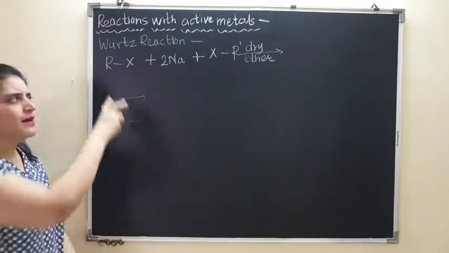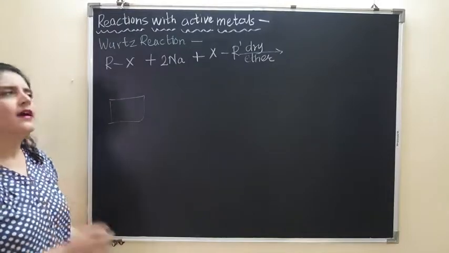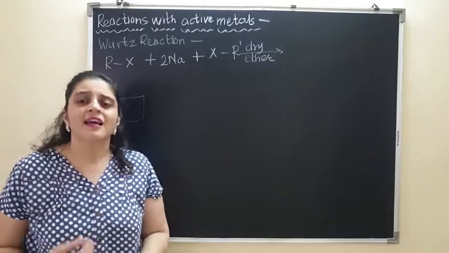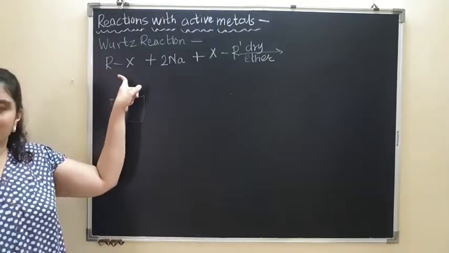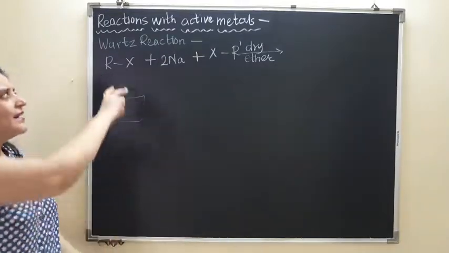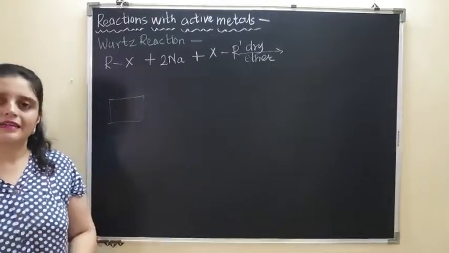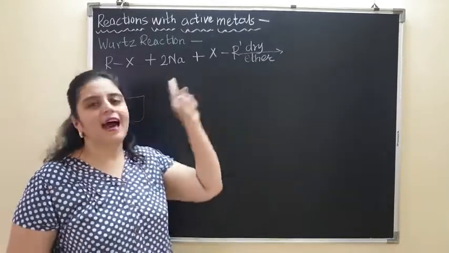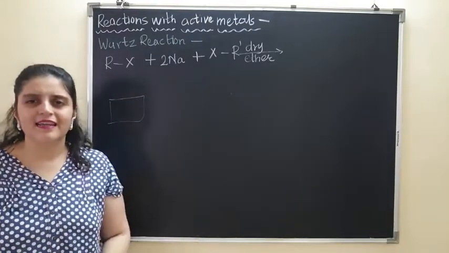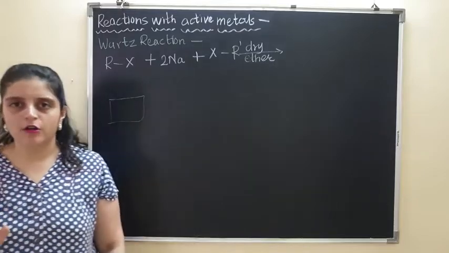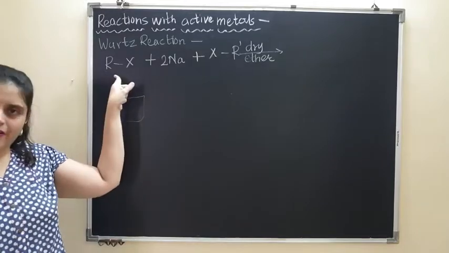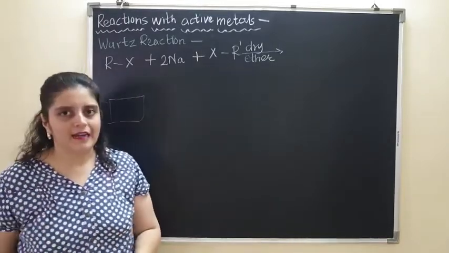But now when you are mixing all these reactants over here, there will not be only one molecule of RX and only one molecule of R'X. There are going to be millions of molecules of RX and millions of molecules of R'X. So it is not necessary that RX will react with RX itself, or that R'X will react with R'X itself. So let us understand this by assuming that there are 5 molecules of each, 5 of RX and 5 of R'X, 5 of the first alkyl halide, 5 of the second alkyl halide.